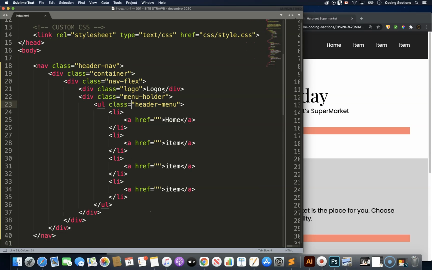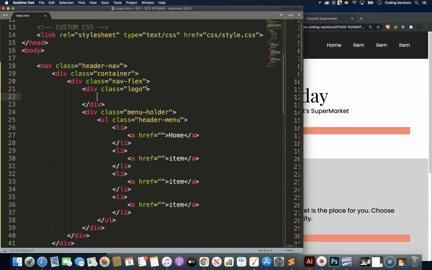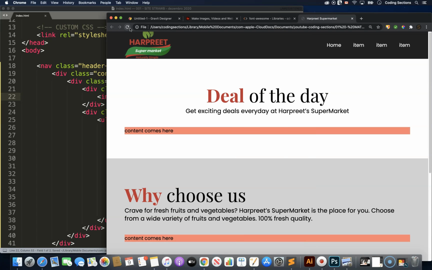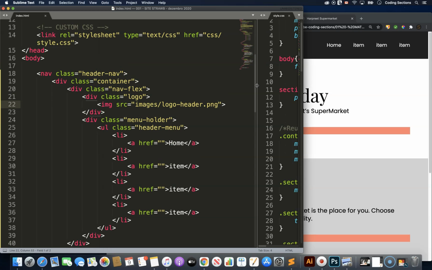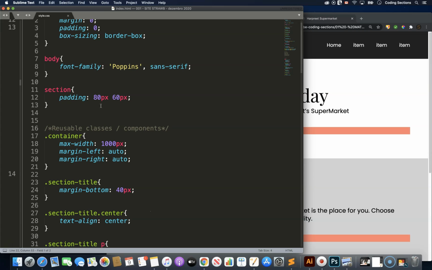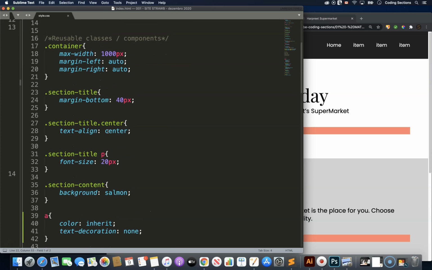In the logo, I have the one image already, and this will be images slash, I think, logo header dot png. Let's see how it looks. As you can see, this logo is much bigger than the available space that I have. So what I can do to control this area of the logo, I am going to establish for my logo,